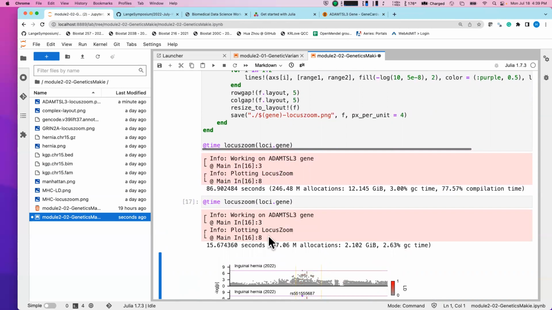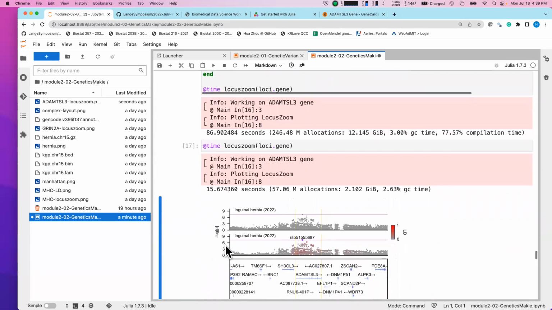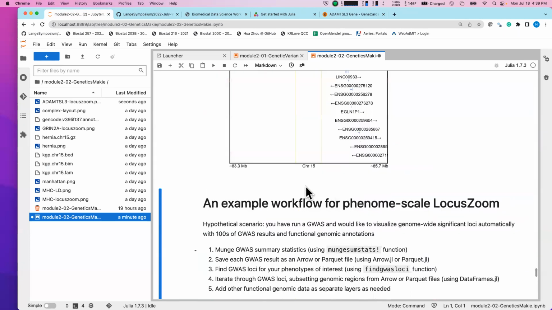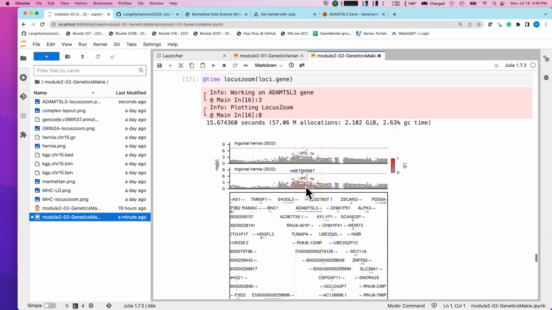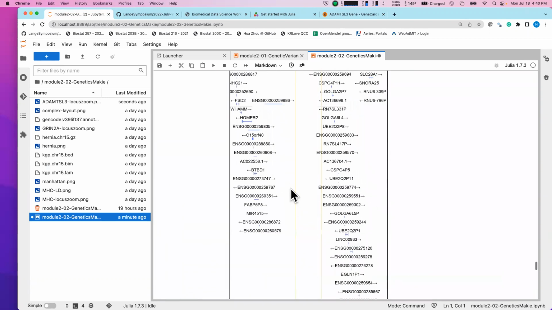Yeah, so the second run finished in 15 seconds. It's not too bad, so I'm happy with where it is. So this is the final output, the updated output. Here we've only visualized one locus for one